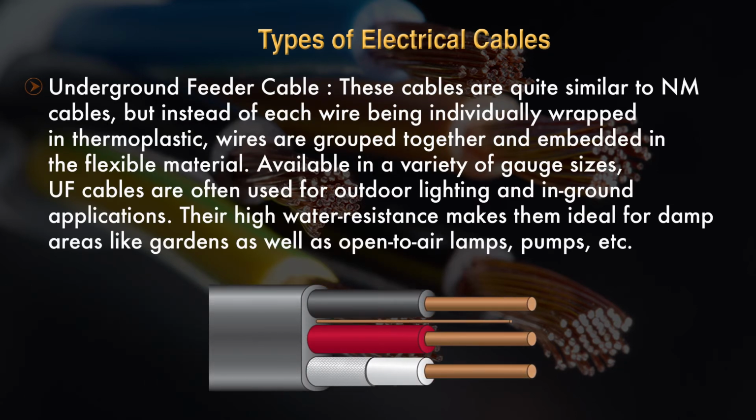The next cable that we are going to discuss is called underground feeder cable. These cables are quite similar to non-metallic cable, but instead of each wire being individually wrapped in thermoplastic, the wires are grouped together and embedded in the flexible material. These cables are present in a variety of gauge sizes. UF cables are often used for underground lighting and in-ground applications. Their high water resistance makes them ideal for damp areas like gardens as well as open-air lamps, pumps,